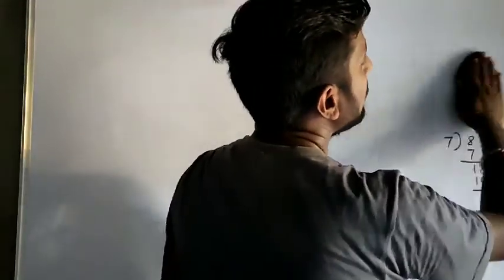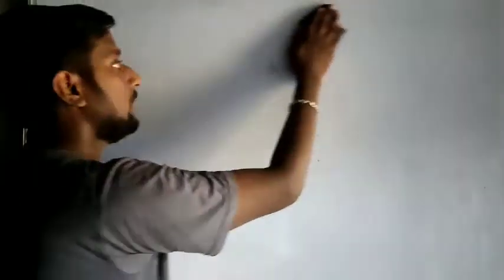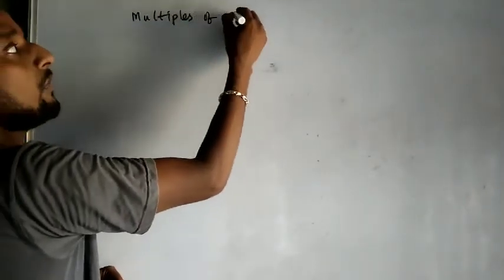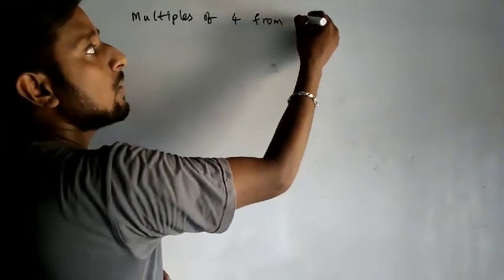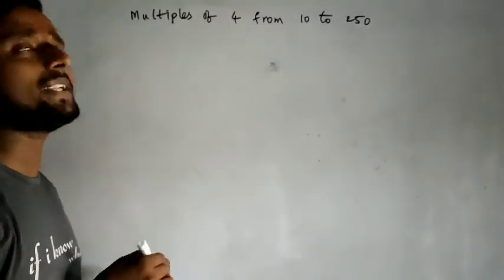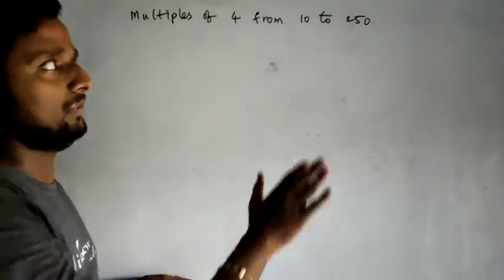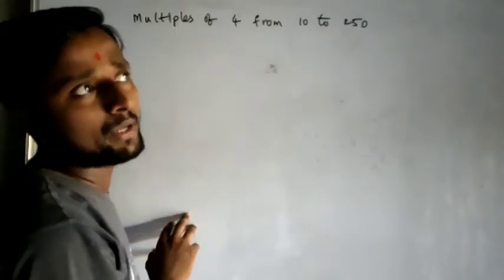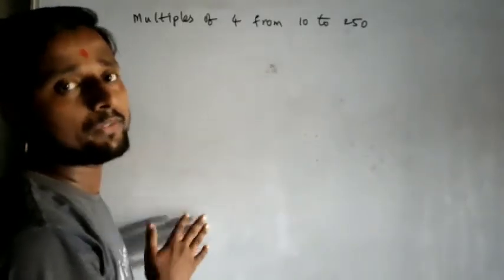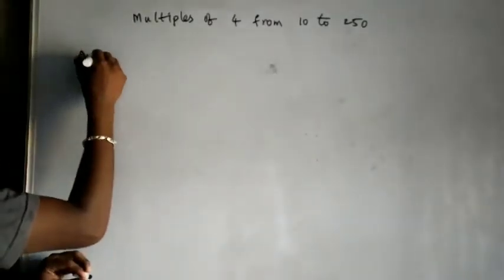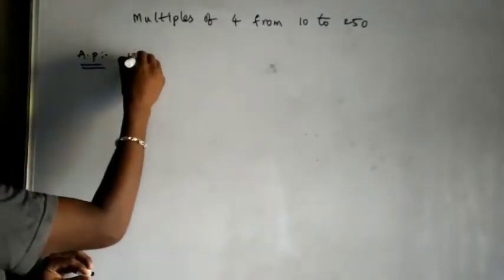How many multiples of 4 lie between 10 and 250? Simple multiples, in the sense of the numbers which are divisible. I want to give clarity for you. 10, after that 11, is not divisible by 4. The next number, 12, is divisible. So in our arithmetic progression, the first number is 12.